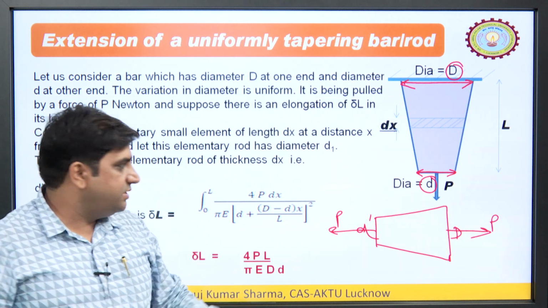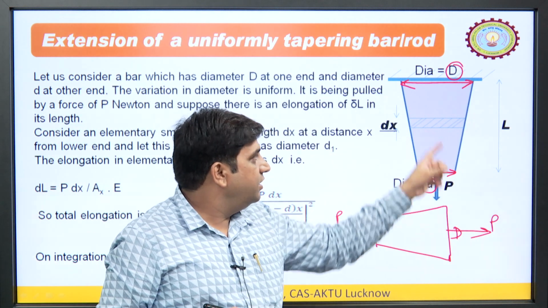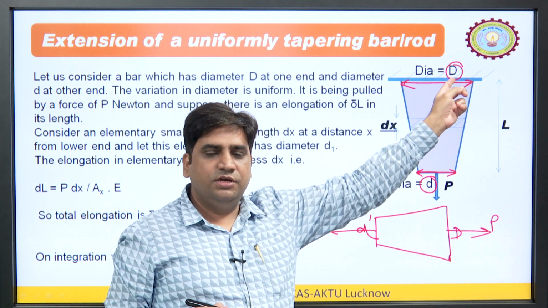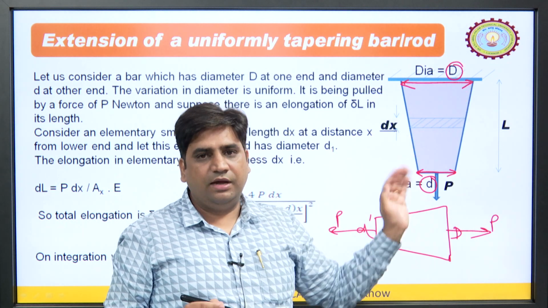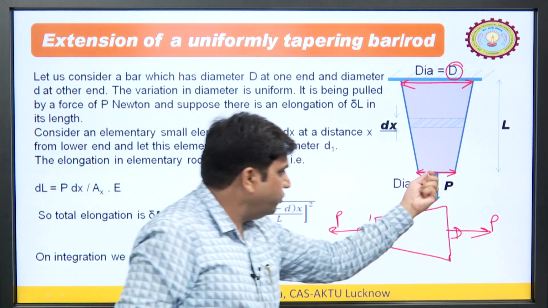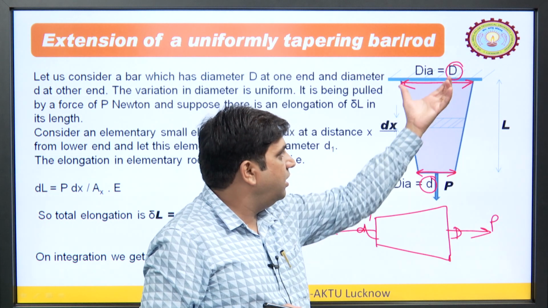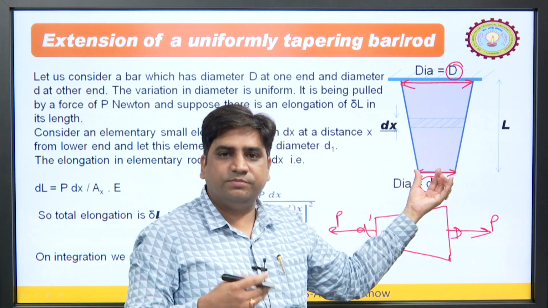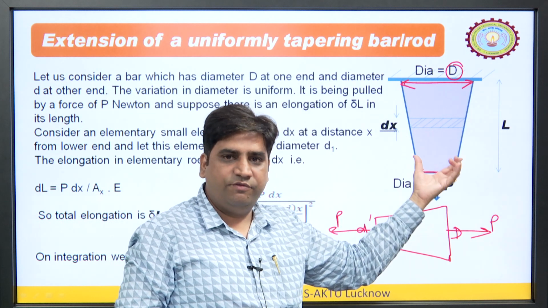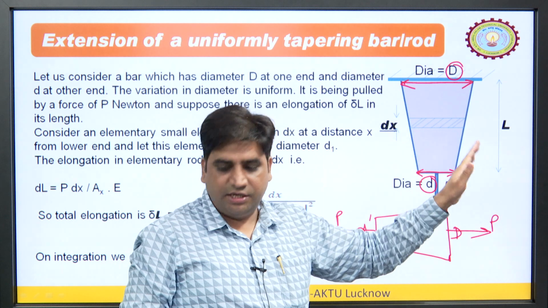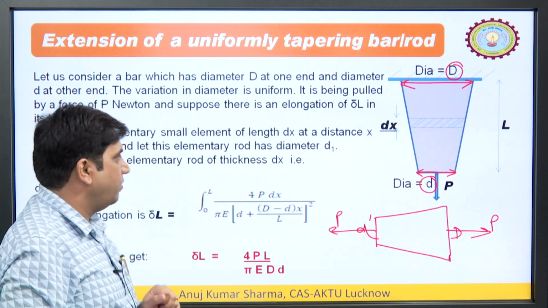So, just to compensate this load, what have we done? We have grounded this surface, we have fixed that surface. So, these two situations are comparable, almost the same. If we want to pull it down, then what would be the elongation in this rod? If we have some standard values, then we have to derive a formula and later on we can apply those formulas directly to numerical problems.